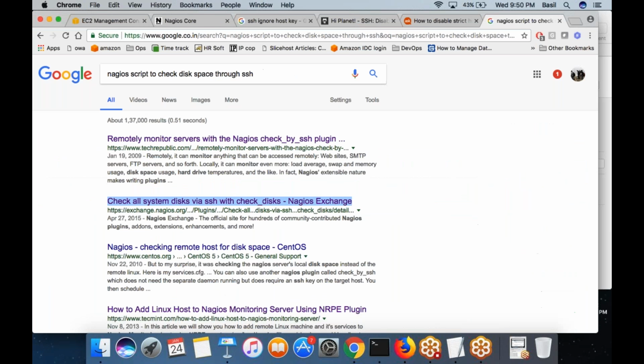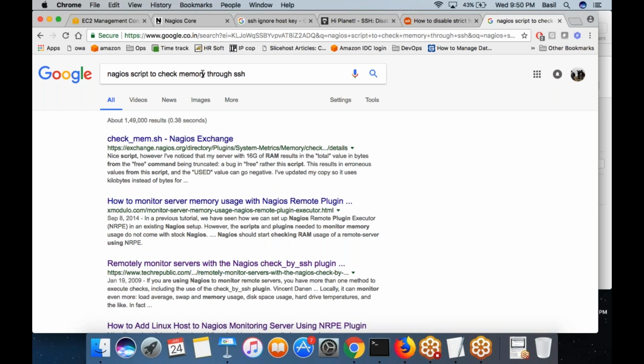Like that, if you want to check the memory through SSH, you will get some script that can check memory through SSH. So simply download the script, define a Nagios command, and use the command. That's what you need to do. This is how you can do monitoring on a remote machine for particular services.